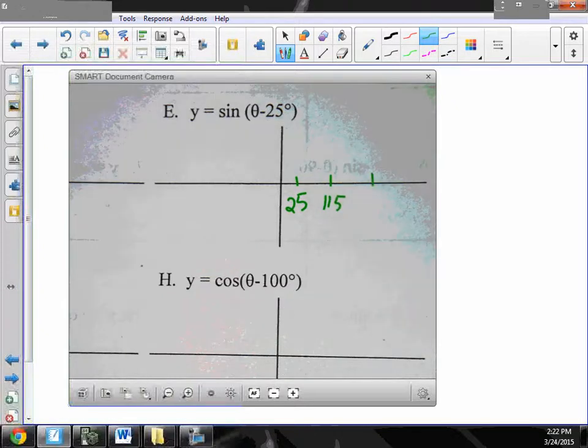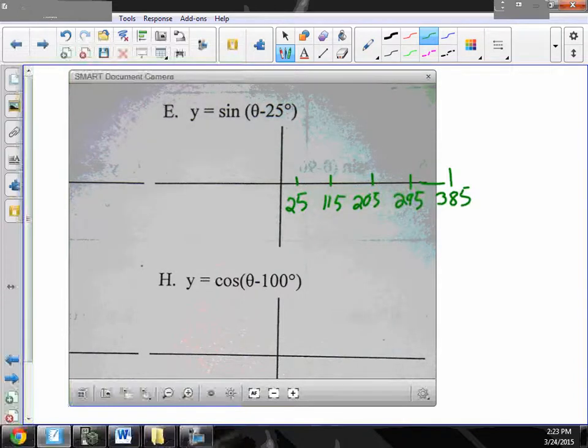What's the next mark? 205. We were doing this earlier today, and somebody said 205 plus 100, 305 minus, and I'm like, wait a minute. You're making it harder than it needs to be. 205 plus 90, 295. Sometimes the tricks are a lot harder than the actual arithmetic. And the last one would be